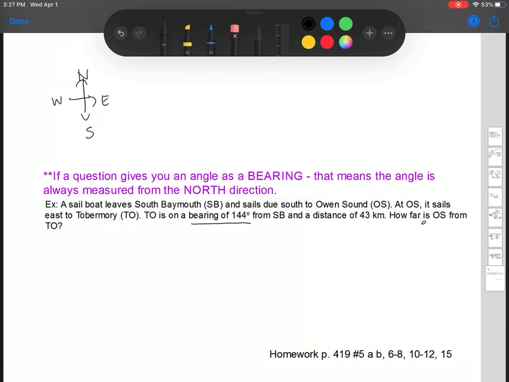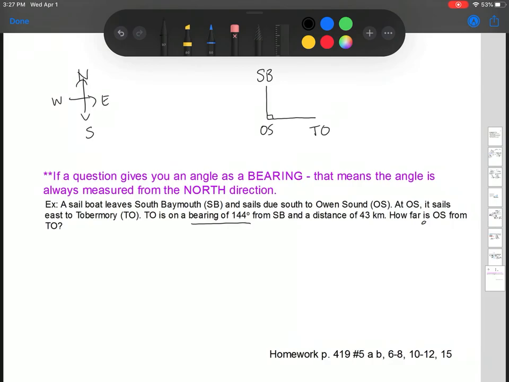So a sailboat leaves South Baymouth. I'm going to use SB to represent that. Sails due south to Owen Sound, OS. And of course, now we're going to get our 90-degree angle. At OS, it sails east. So east is in this direction to Tobermory, which I'm going to call TO. There's our right angle. And then it says Tobermory is on a bearing of 144 degrees from